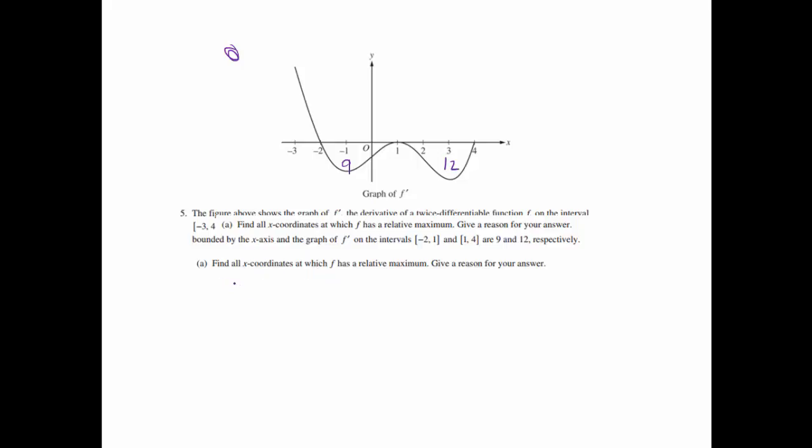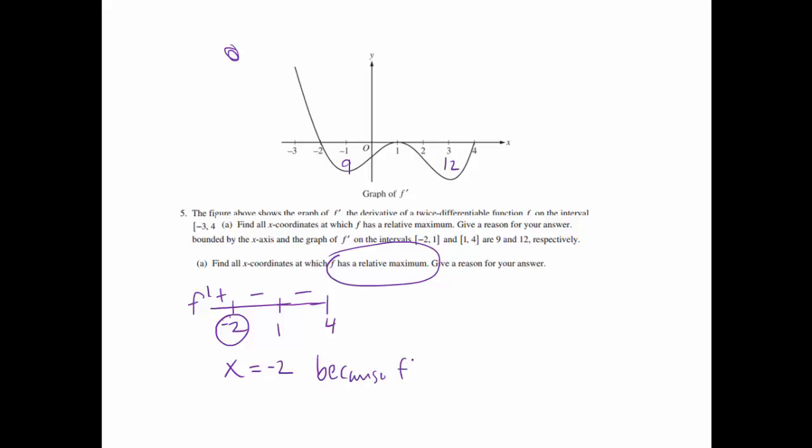Part A says to find all x coordinates at which f has a relative maximum. So if we're going to find f having a relative maximum, we want an f prime chart. My critical values are going to be -2, 1, and 4, which is just at the end of my interval. I am positive, negative, and then negative. If I'm looking for a relative maximum, where does f prime change from positive to negative? That would be at x equals -2. So x equals -2 is a relative maximum